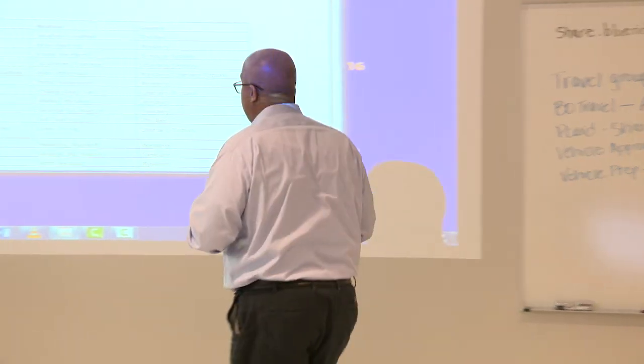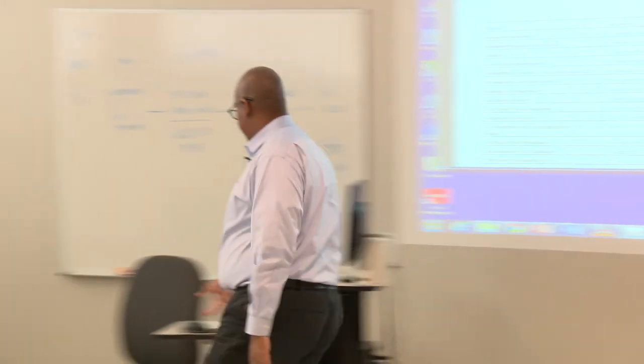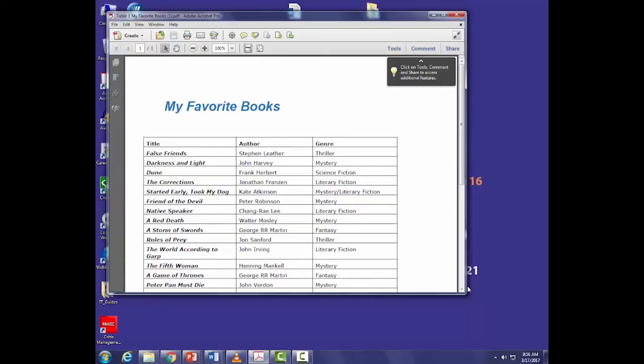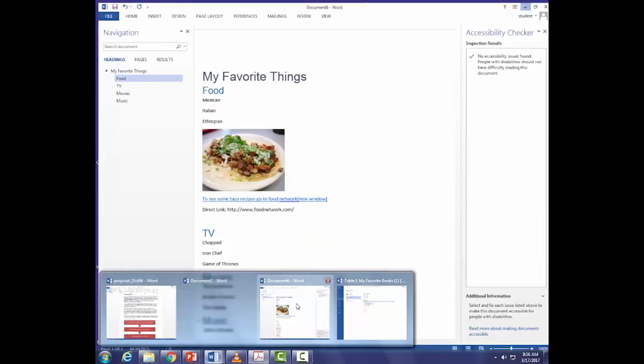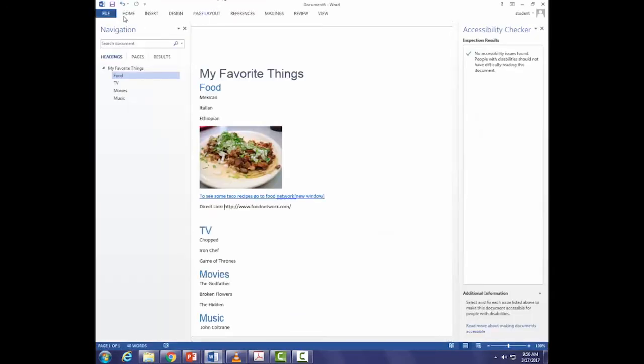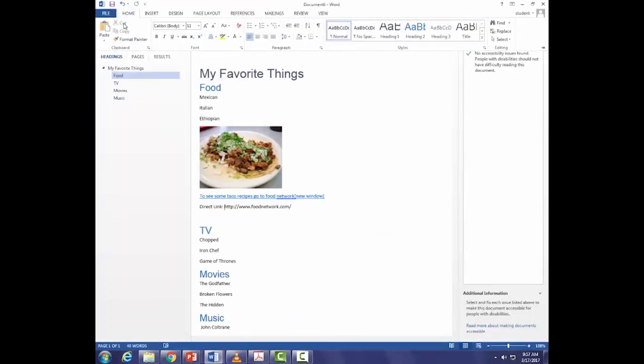If I essentially use, and the next thing, last thing I'll tell you here. So if I use these built-in features of Word, right, anything I do using that fonts, paragraphs, styles group, by default, is going to be accessible.